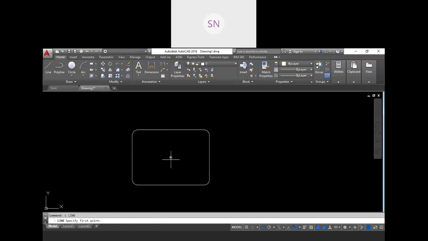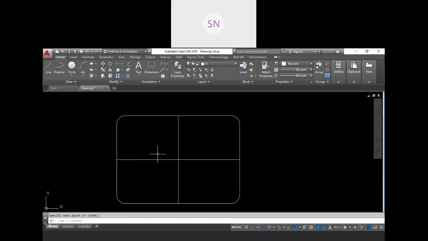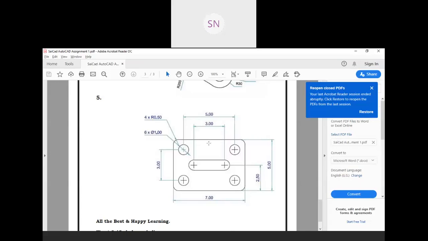If you want to get the center point of your rectangle, just create a line from midpoint to midpoint and one line from this point to this point, right? Now what we need to do, we need to find the center point of these 4 circles. So let me find our first one. So it is 2.5 mm in this direction and 1.5 mm vertical.